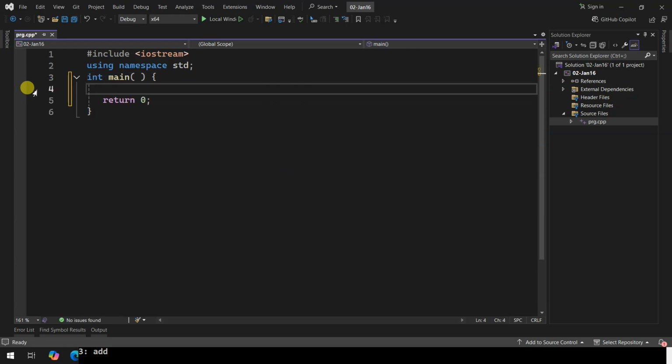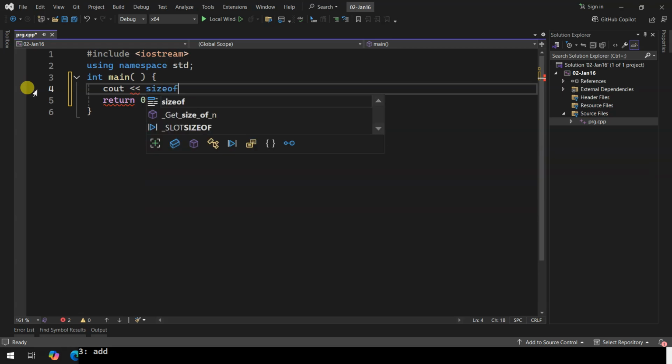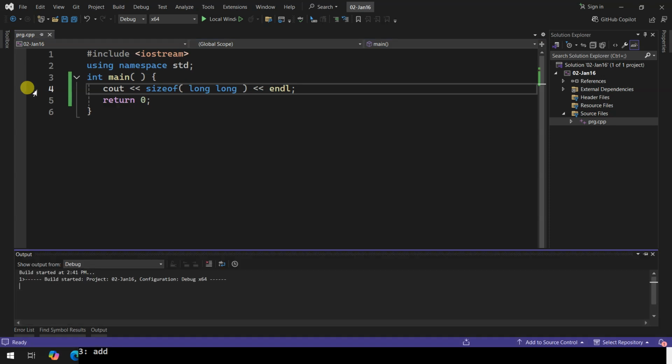Sizeof tells you how many bytes something takes in memory. To the sizeof operator, you can give two different things, either a type or an object, either a class or an object. And it tells you what the size is. So essentially, I can say cout sizeof long, and it's going to tell me what is the size of long.